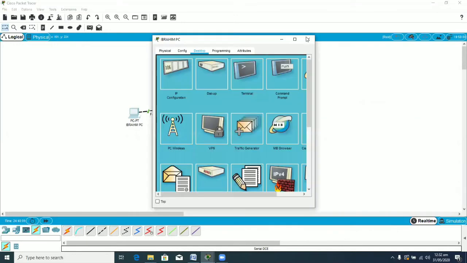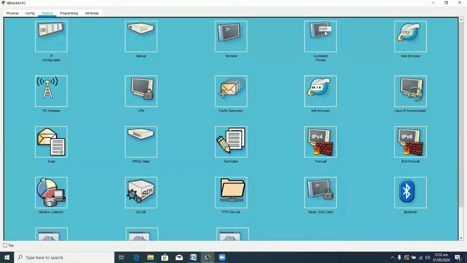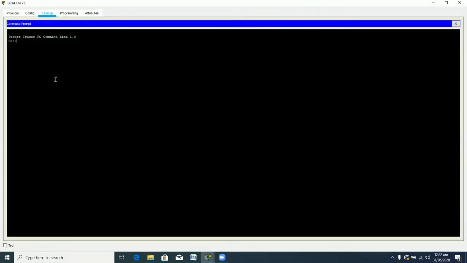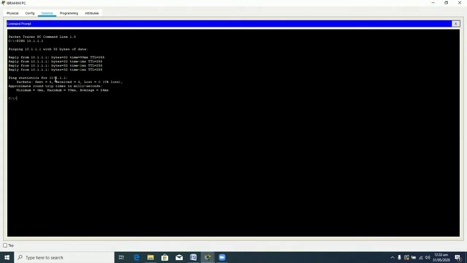The same can be done by simply opening the PC and then going into the command prompt of your PC. And from here, you can write ping and the IP address of your particular router. So you can see that the TTL is getting received. Our 4 packets were sent and the 4 were echoed back to us, and there isn't any loss. It means that the network is properly working between the router and the PC.